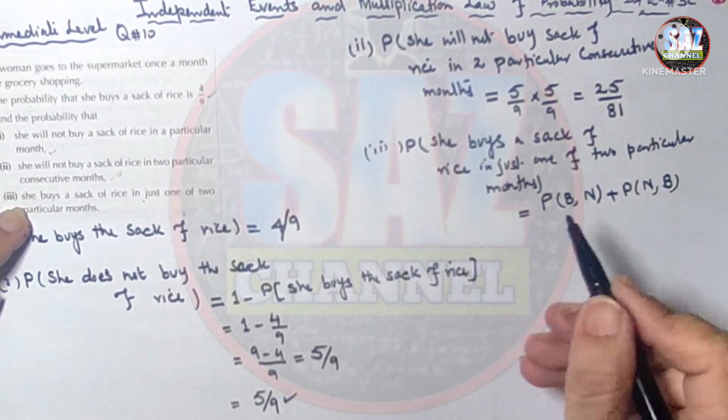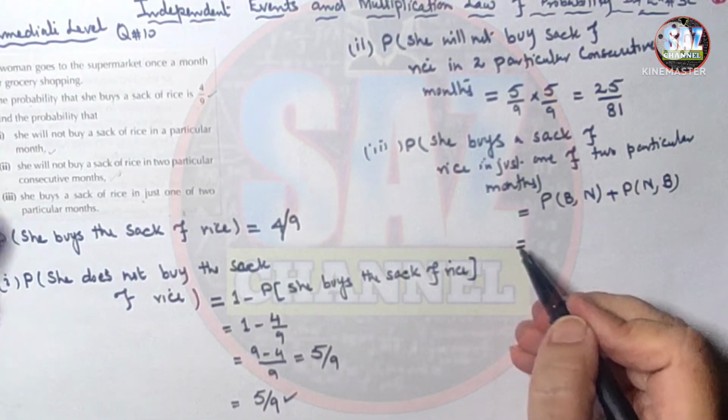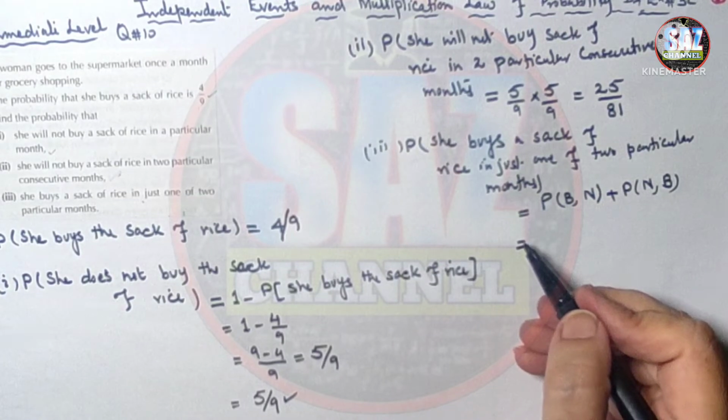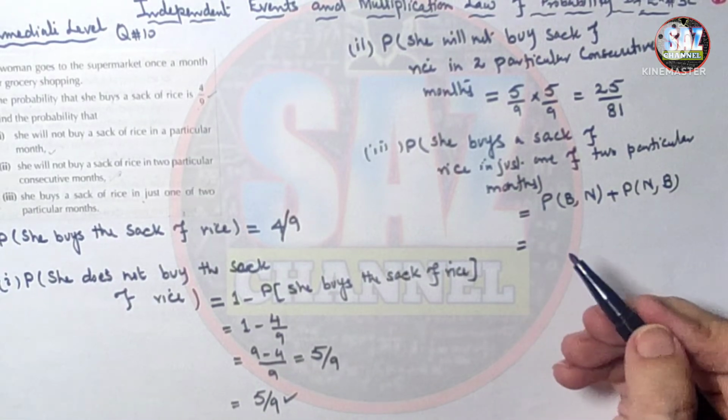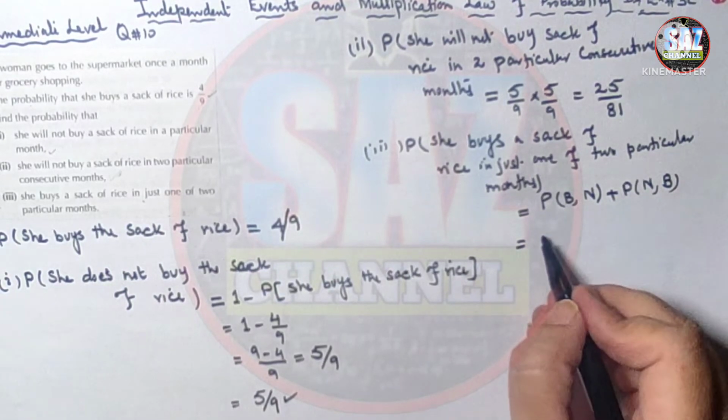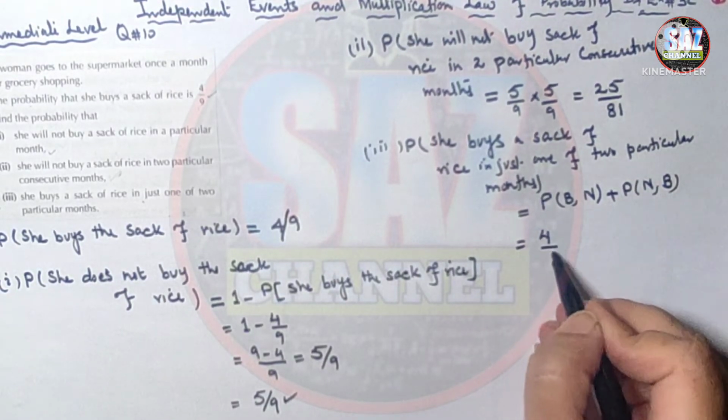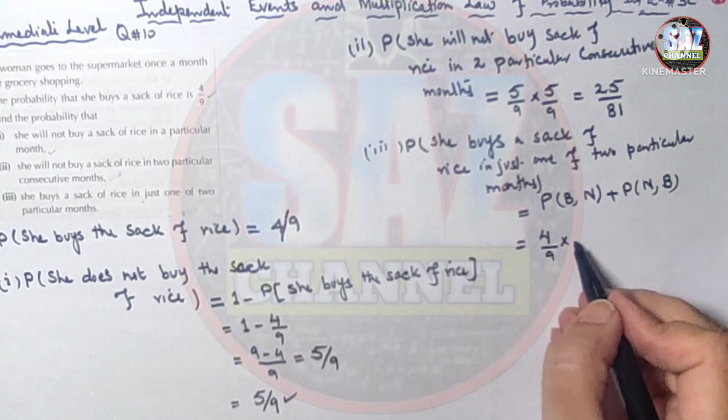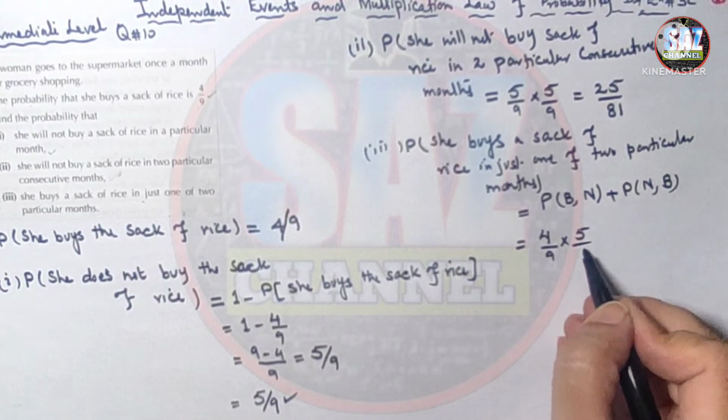There is no restriction, she can buy in the first month or in the second month. So if she buys in the first month, the chance is 4 by 9, not buying is 5 by 9,